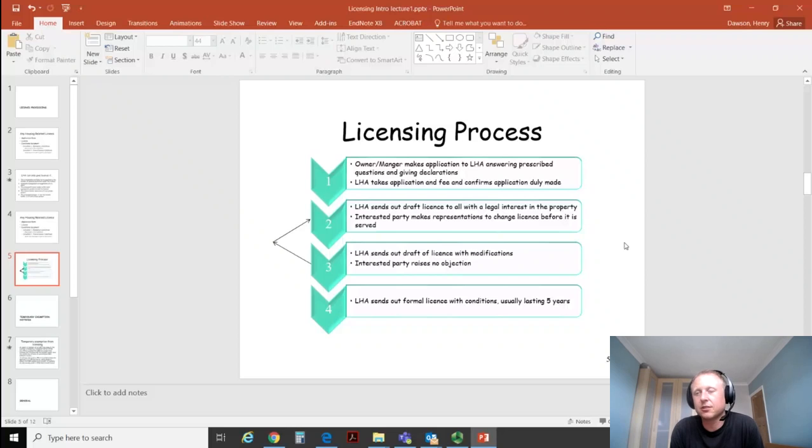send out a formal license along with the schedule of works and conditions, and this will typically last for a period of 5 years. Occasionally local authorities will give them for shorter periods of time if they have major concerns about the person that they're issuing the license to, and in some very few areas they may have a blanket requirement to give licenses for shorter periods of time. But 99 times out of 100 they will serve the license. It goes out to everybody, including the tenants this time, who has a legal interest in the property, and that typically lasts for a period of 5